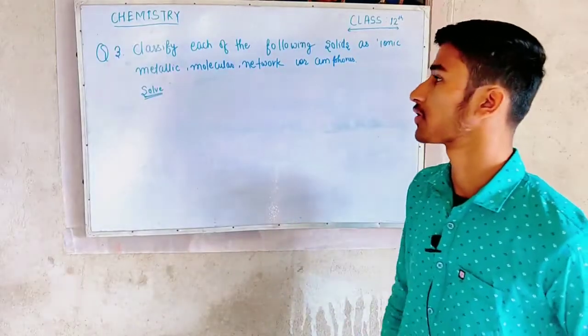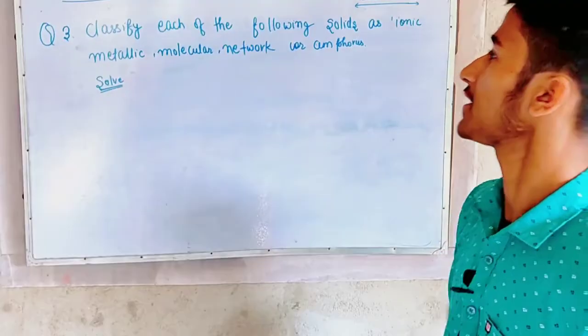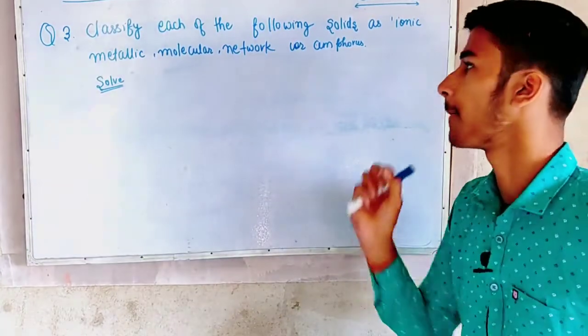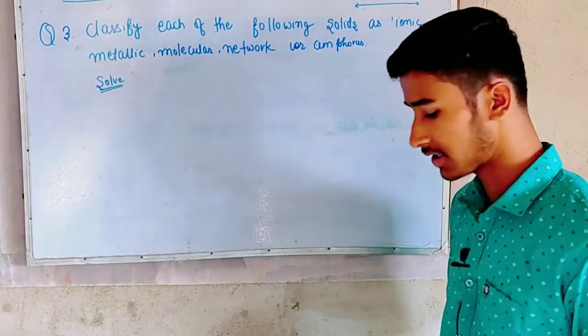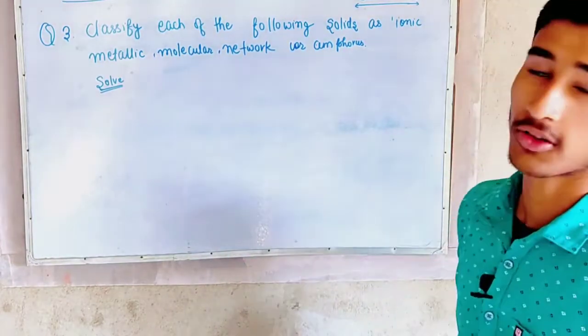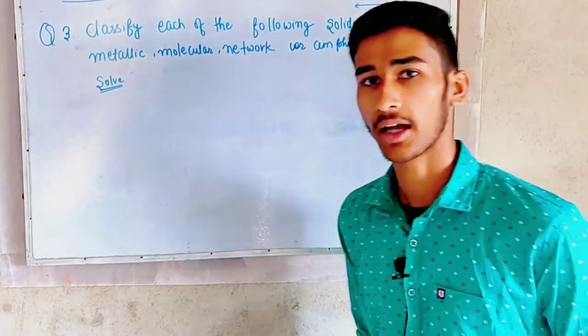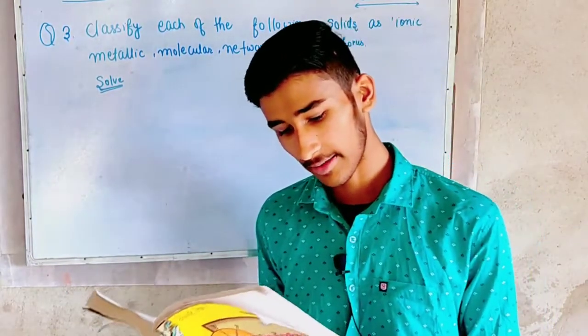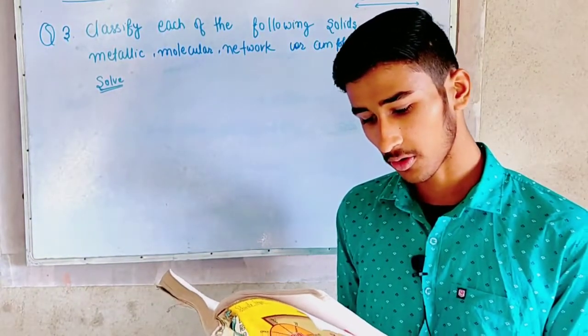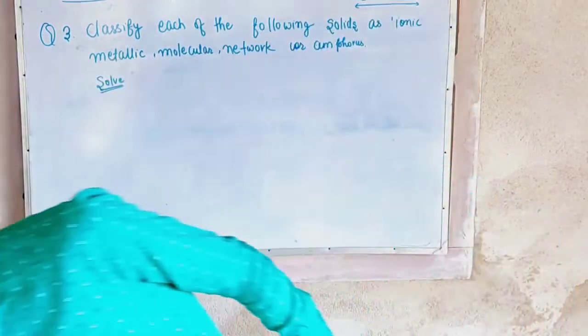So this is the third question of the exercise: classify each of the following solids as ionic, metallic, molecular, network or amorphous, right? And network we can also say covalent, right? You have already studied about it. So I think there are 12 solids, right? The first is tetra phosphorus decoxide, P4O10, in the book, and we all know that